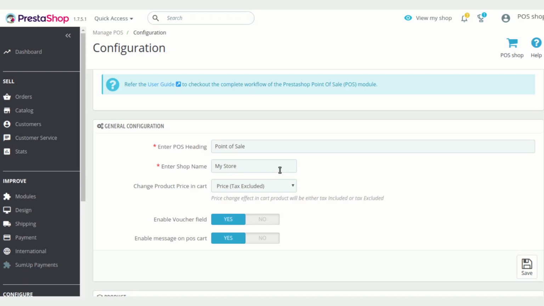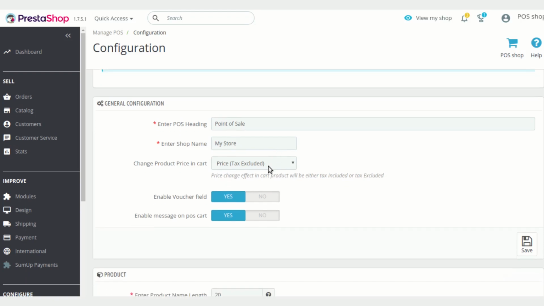After that, you can choose to customize the name of the POS shop, whatever name you might like. Then there is a third option, change product price in cart. This option is quite elaborate and I'll explain it in detail when we come to the POS terminal part.